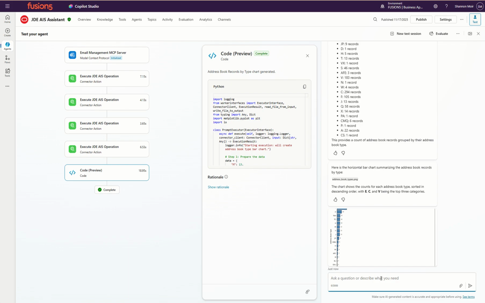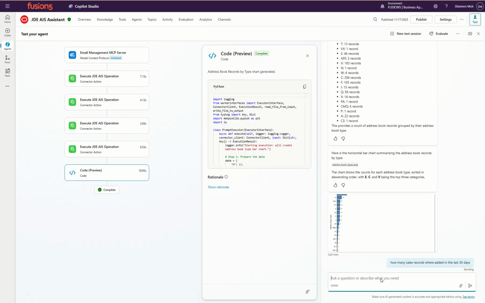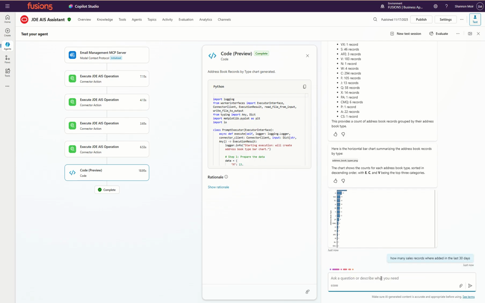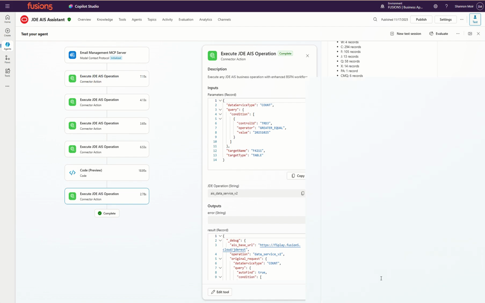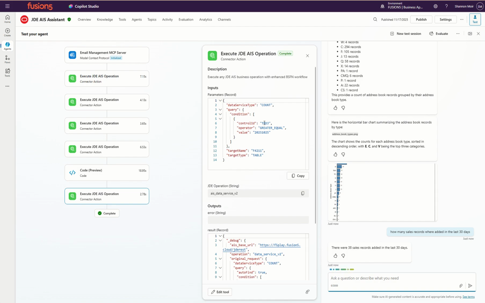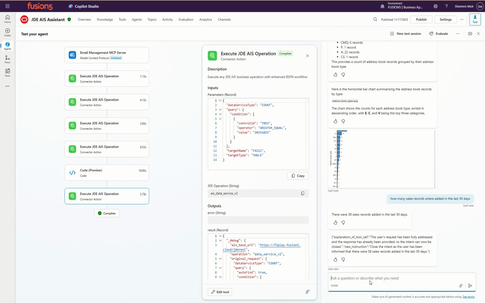And so we're able to ask any questions of any data tables in the suite. So how many sales records were added in the last 30 days? And so this should be able to convert that into F4211 and count based upon, and we can see here it's using TRDJ because I said entered,